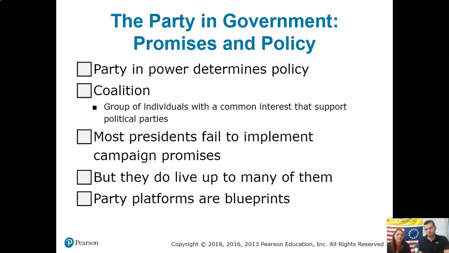And the party platforms are really a blueprint for the president, and what policies he would like to see implemented or passed, and how they're going to go into effect across the country. So again, we use that party platform. That party comes together, they create, here's what we really want to work on, or here's where we stand on each issue, and then the president's going to take that and jump off from that point.